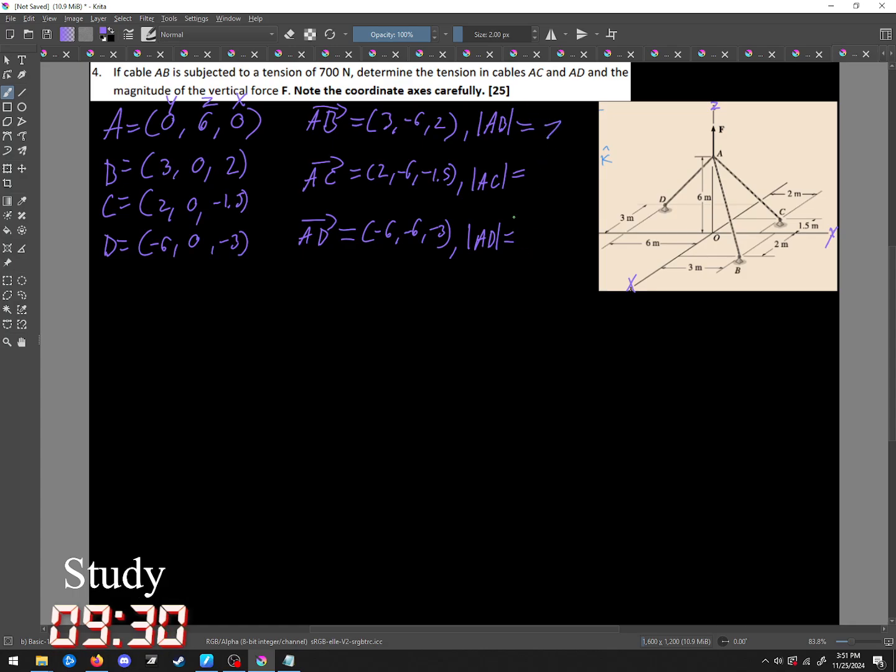And then here we're going to have the square root of 2 squared plus 6 squared plus 1.5 squared, which is going to be 6.5. Here we're going to have the square root of 6 squared plus 6 squared plus 3 squared, which is going to be 9. So from here now we can get the lambda for AB, lambda for AC, and then the lambda for AD, which these are just going to equal